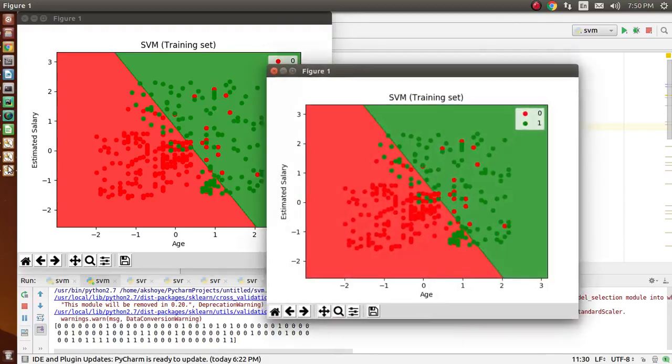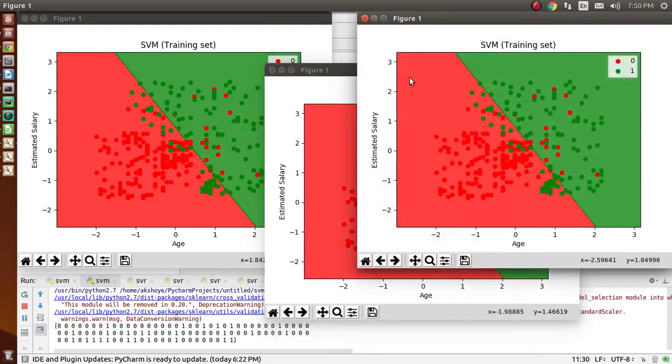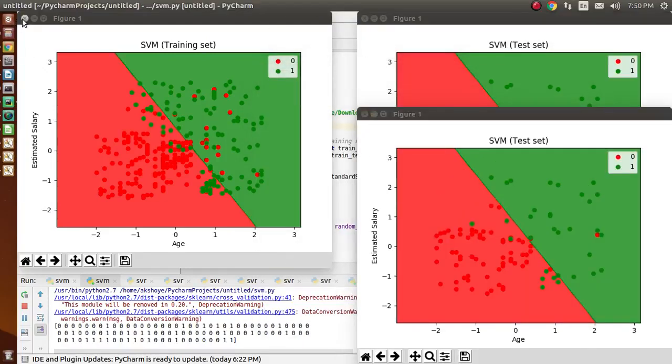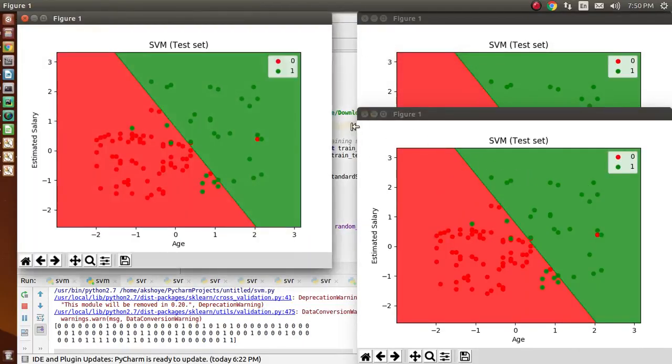We have a testing set as well. This is the training set and this is the test set.